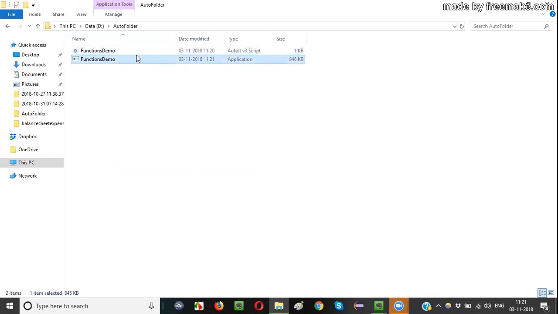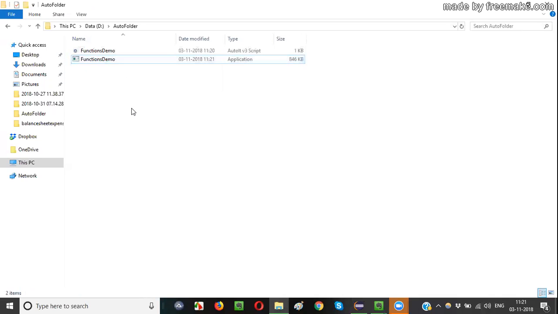Most of your machines you may not get this problem, guys. Only in my machine I got the problem. If in case you get this kind of problem in your machine, you have to simply add the .exe file type as an exclusion in your antivirus, in any of your antivirus. Okay. So fine, guys.